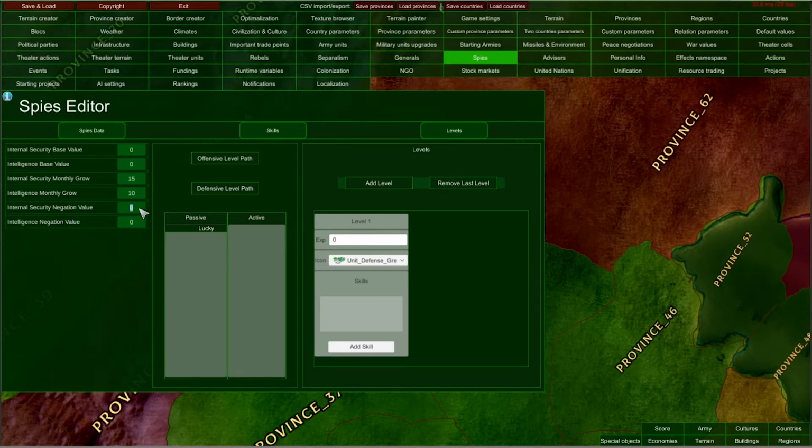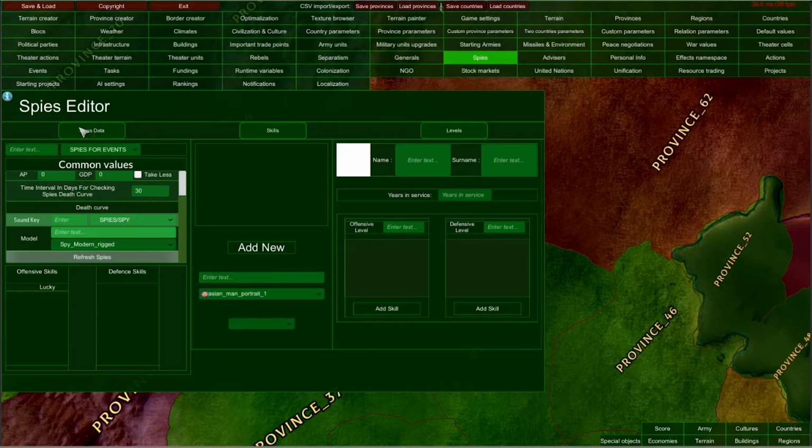And that means that when spies meet their foreign counterparts in the same province, they will negate their monthly grow by this number here. I recommend keeping it low, because if there will be many spies in one province, then the grow will be slowed down significantly. And we generally want to keep the grow fast enough so that the player can actually use the spy actions.